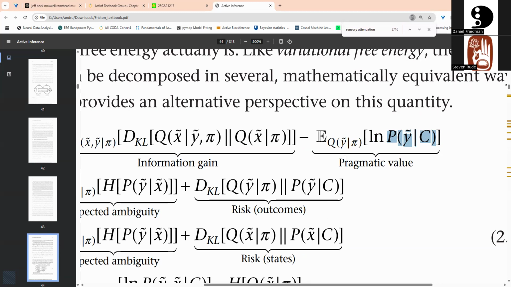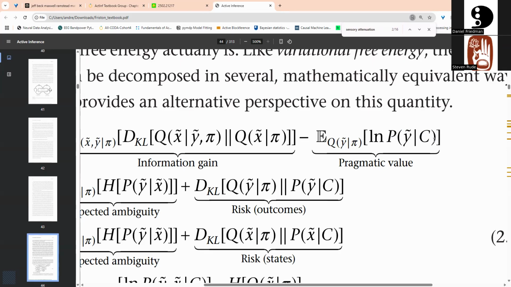And so pragmatic value, the way it's used, is almost identical to the idea of reward seeking. It's not about seeking out information for its own sake to change your mind. It's about directly going to a reward. If I expect to not be hungry, and I observe that I'm in fact not hungry, then this probability is going to be very high. My model is accurate in terms of achieving pragmatic value on the hunger end of things.